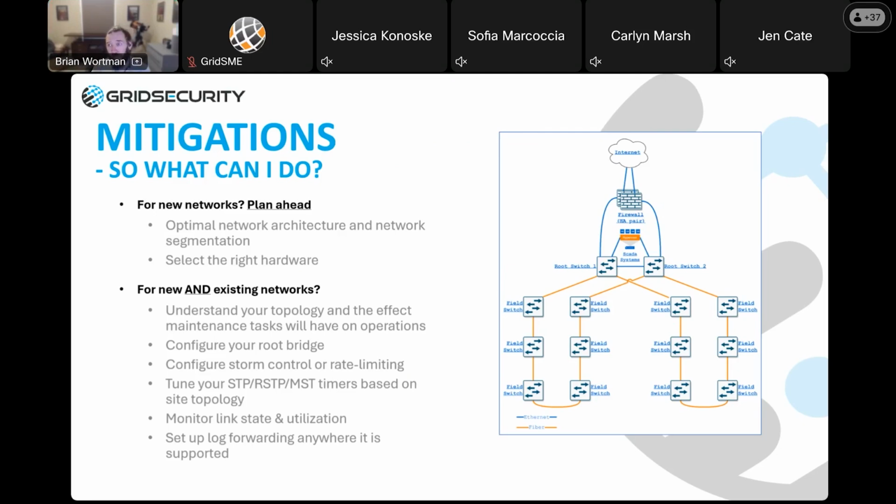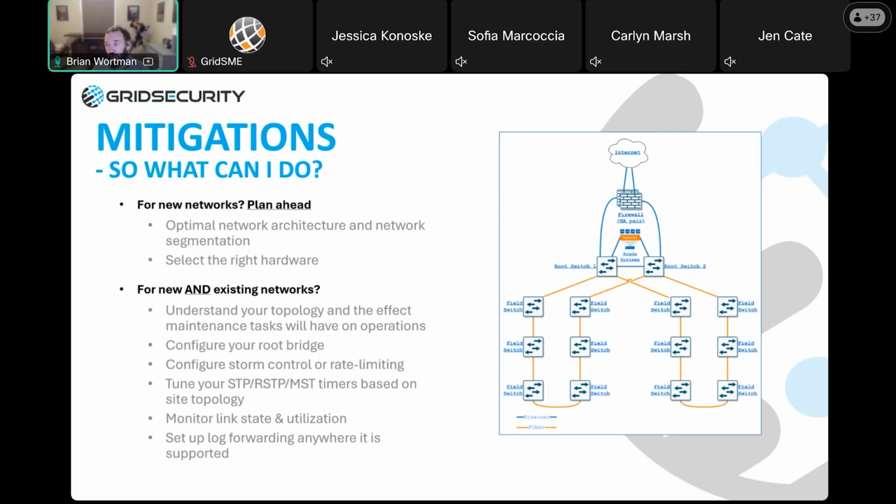But as we all know here, not everything's a nice new greenfield deployment, right? You have to deal with keeping the things that are already in operations running. So we're going to go through a bunch of changes you might be able to make to a running environment. I do want to give a quick disclaimer: keep in mind these changes, other than just doing more monitoring, do carry some availability risk. They will likely cause short-term downtime if done well, but if mistakes happen, it could extend as far as full site outages, depending on your specific architecture and the level of the misconfiguration.